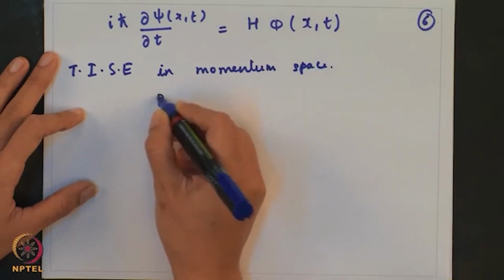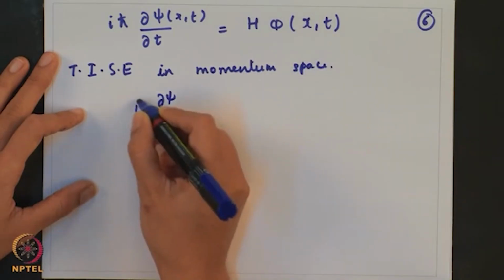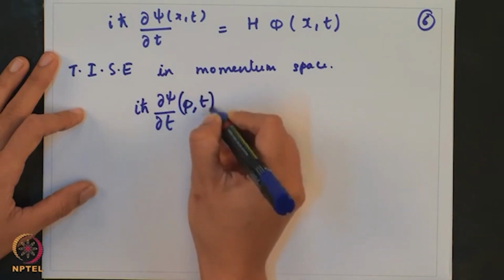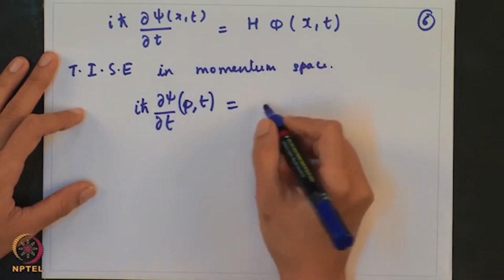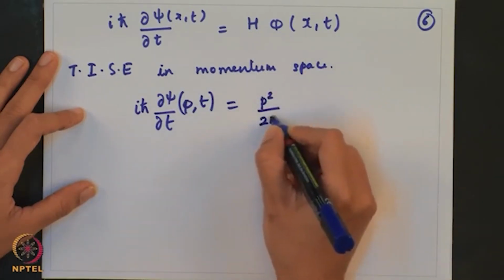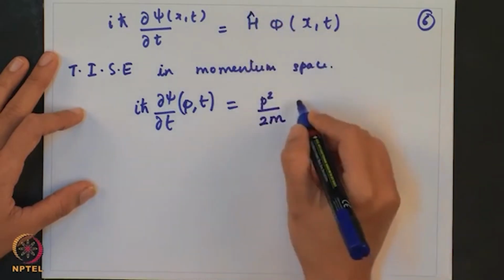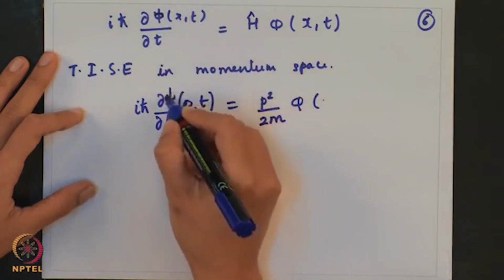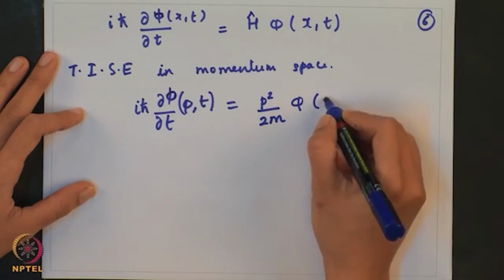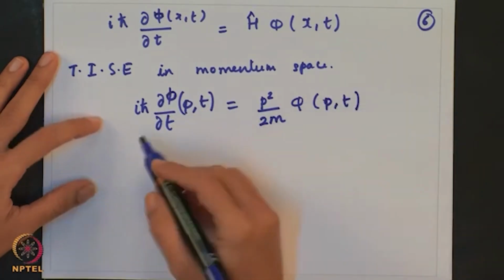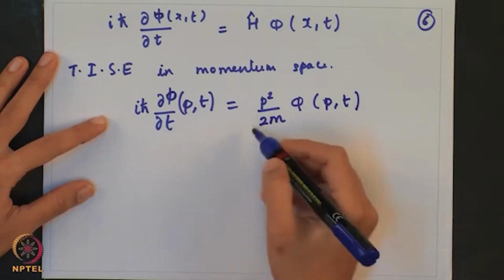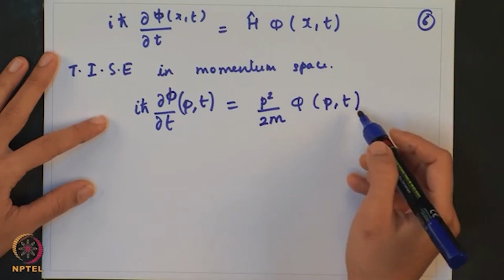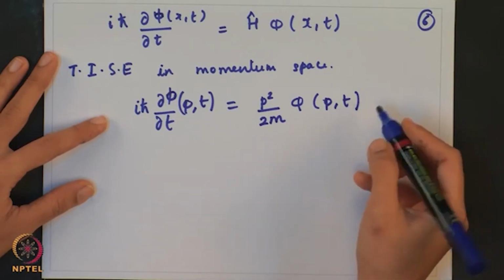This would look like i h cross ∂φ(p, t)/∂t is equal to H, which I can write as an operator, p square upon 2m, acting on φ. Let us use φ throughout, or ψ, any one notation. So, i h cross ∂φ/∂t is p square upon 2m φ(p, t). Okay. So, now let us write